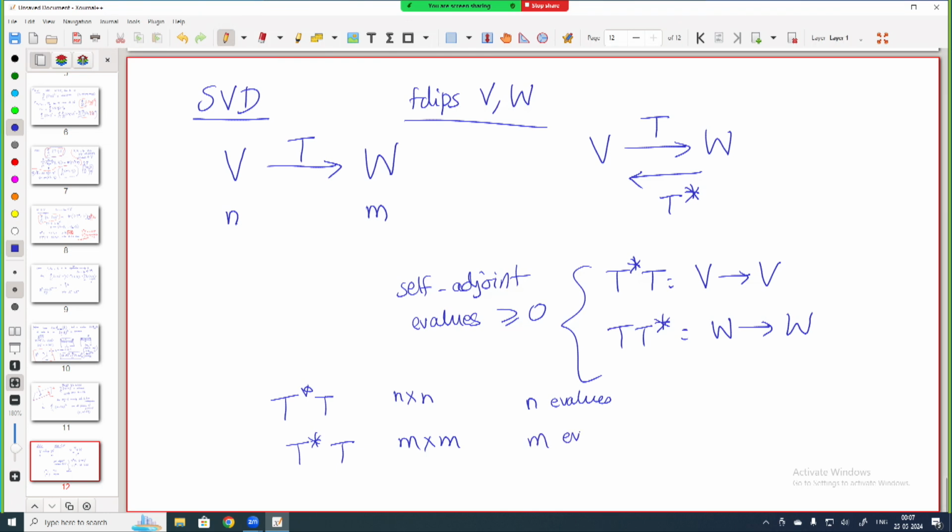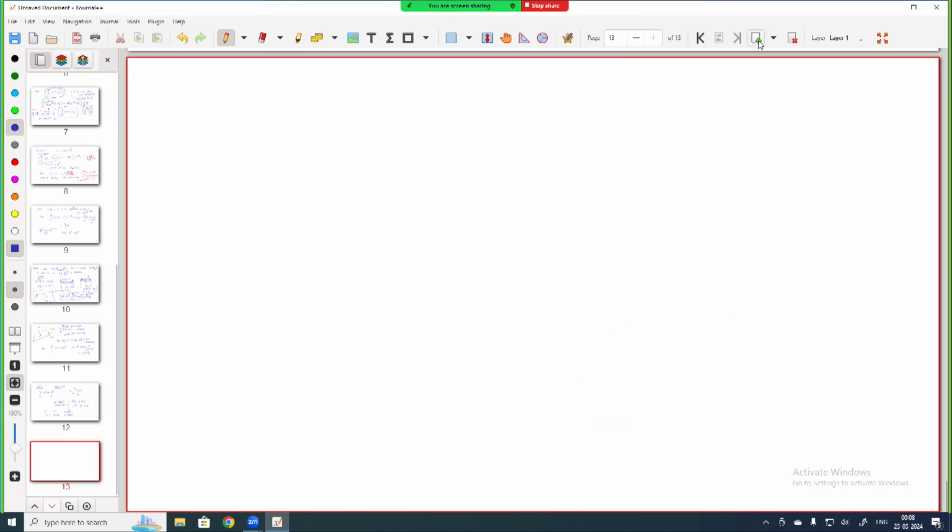This has m eigenvalues, but it turns out that the non-zero eigenvalues of both these operators are exactly the same. Okay. So, this is one of the first observations one makes when writing out what the singular value decomposition is. So, here is a little proposition, it says that the non-zero eigenvalues